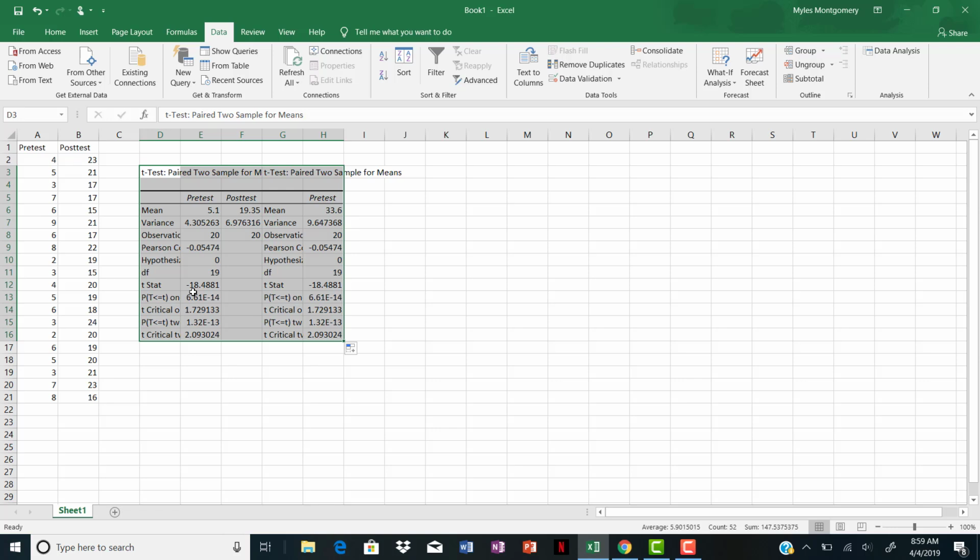Now look what else this chart gives you. It gives you a critical value. Look at this. 2.09 is the critical. So we ask ourselves, is the absolute value of 18.4881 greater or less than the t critical value? And then clearly the absolute value of 18 is greater than 2.09 by a mile. So this is clearly an example where we can reject the null hypothesis. And what that tells us is that there is a difference statistically between the average of the pretest and the